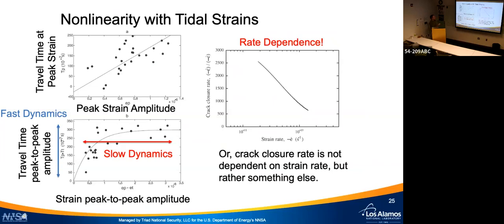This is the travel time at the peak strain and the peak strain amplitude. This is a roughly linear relationship here. But then there's the travel time peak to peak amplitude versus the strain peak to peak amplitude. And there's a saturation. As we saw a couple of slides up,